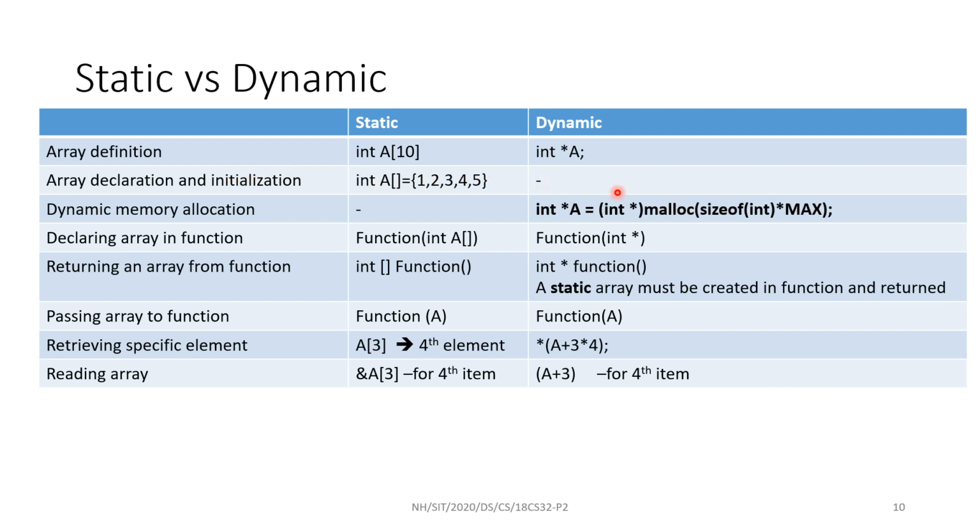In the dynamic case, before memory allocation I cannot take any elements. First I have to allocate. First of all, I need a container. Then only can I put some element in that location. So static initialization is not possible in the case of dynamic. In the case of a static array, this is a way to initialize and declare. Two things will happen at the same time.